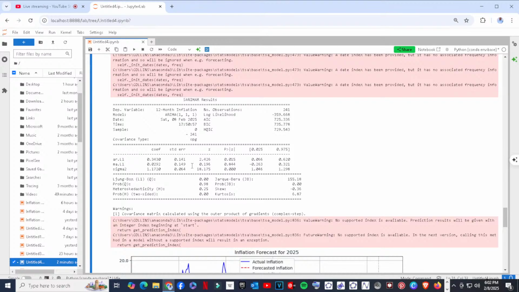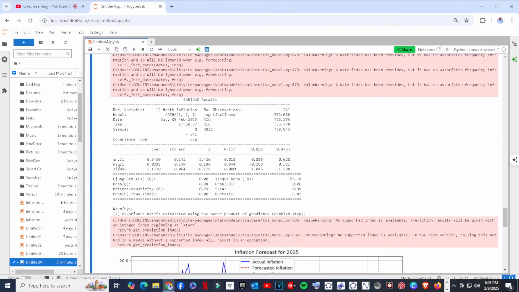So that indicates a moderate persistence in inflation changes, this value. Inflation has some dependency on previous values, but not overwhelmingly so. That's the interpretation of this particular one. Since the p-value has given us the go-ahead that it's significant, what it means is that it indicates moderate persistence in inflation changes, and that inflation has some dependency on previous values, but not overwhelmingly so.